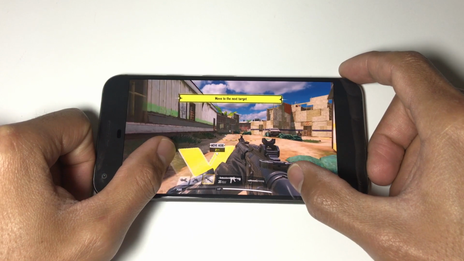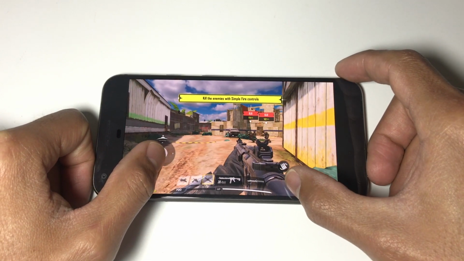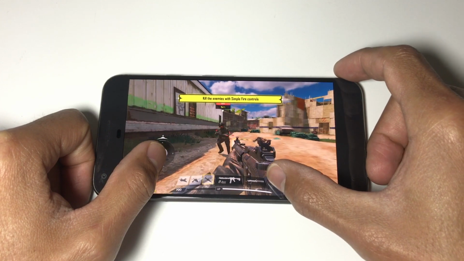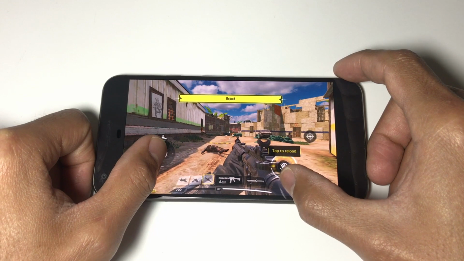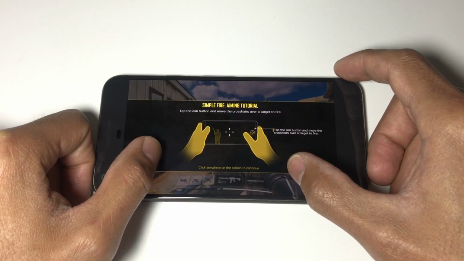The open beta version of Call of Duty Mobile just released in a few select countries, like India. This tutorial will show you how to install and play Call of Duty Mobile from any country in the world. There are several ways to complete this process, and I'll show you the easiest one, but this one requires a